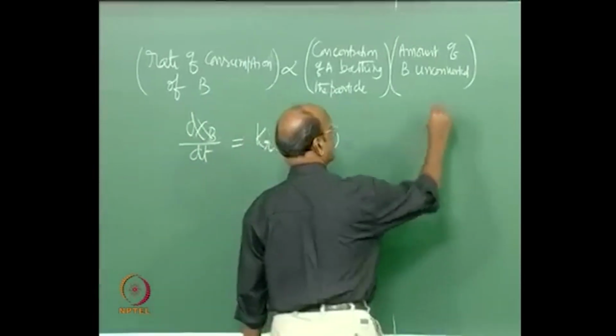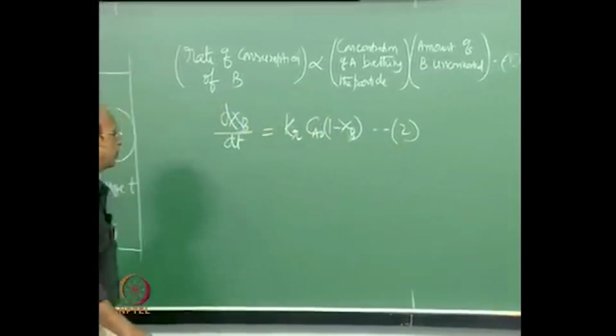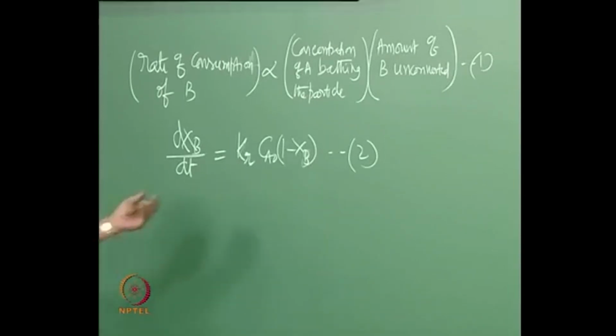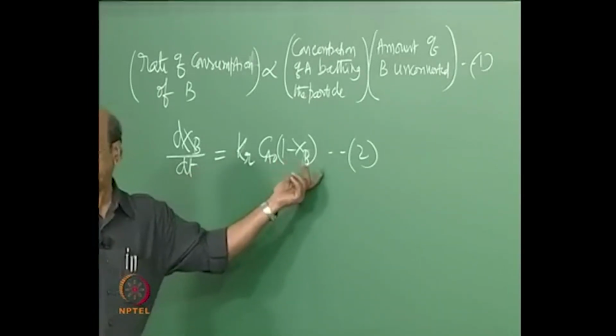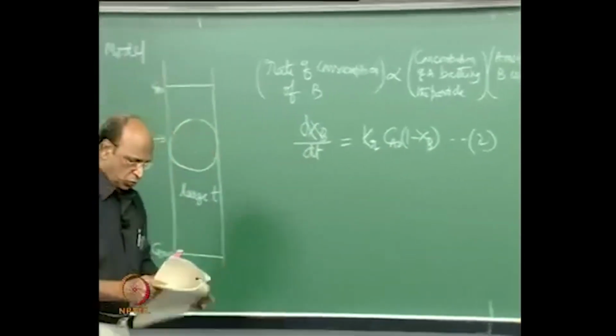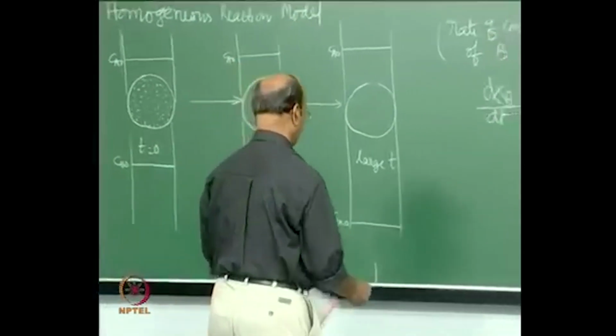So if I take this as equation 1, this will be equation 2. Can I integrate this equation? This is very simple, no, because it is concentration of A and concentration of B left. Yeah. So 1 minus Xb, the simplest integration,